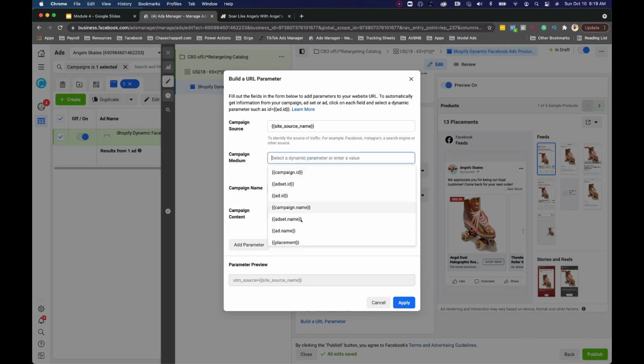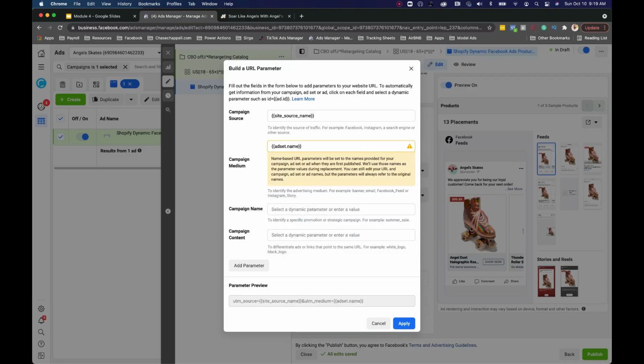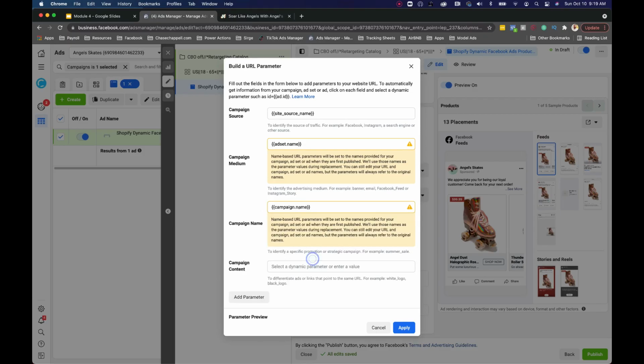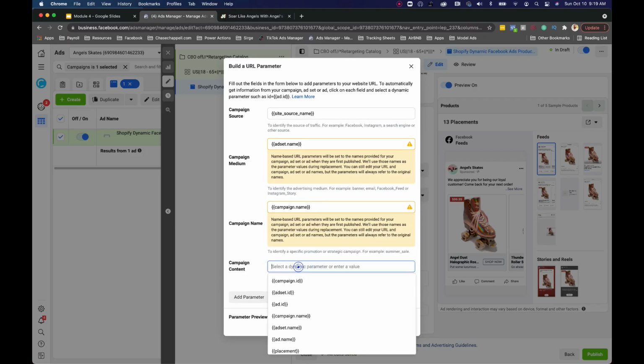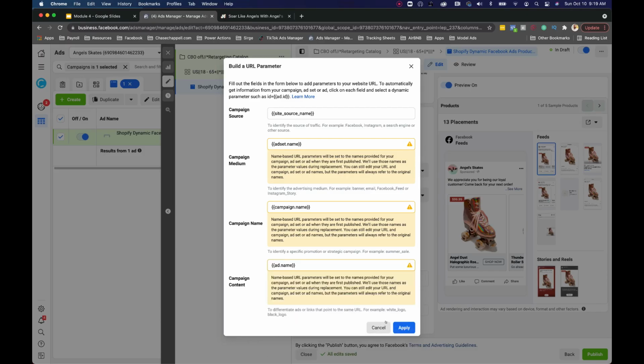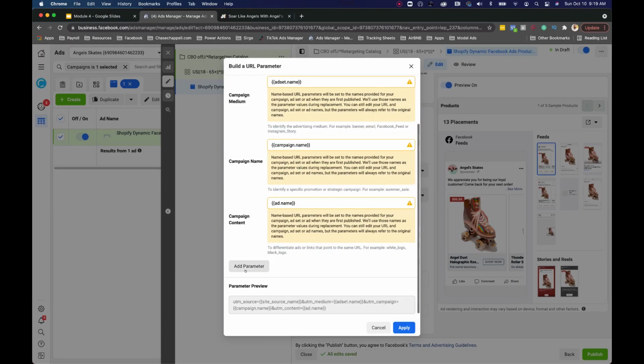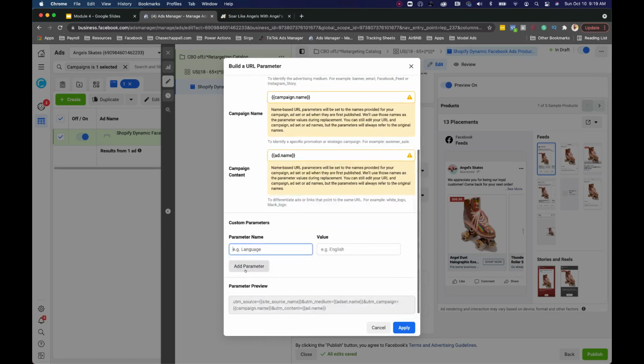The medium is essentially going to be your ad set name, so we know exactly what audience they came from. And that's also why we split out audiences as well, so that way you truly know the original source somebody came from. Campaign name will be the actual campaign name. That one's pretty simple. Your campaign content is essentially going to be your ad name. And then we're going to go ahead and add a more advanced parameter here, and we're going to type in UTM underscore placement